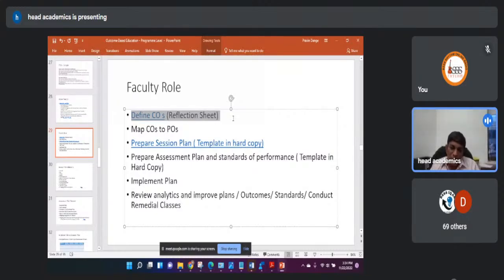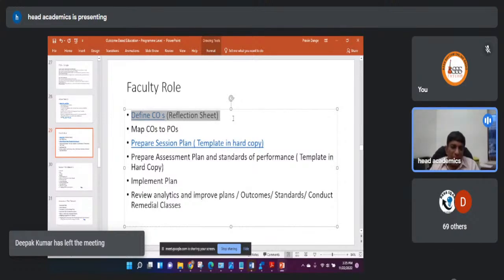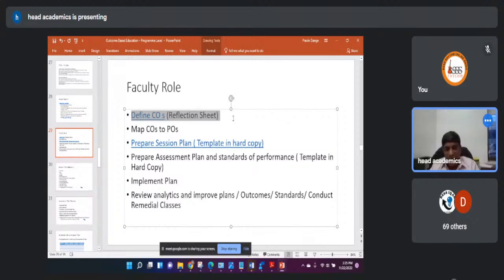That's what a faculty's role is, and traceability of all this is important from the accreditor's point of view. So, what were the outcomes? How did you implement it? After having implemented it, what kind of attainment analytics did you get? What were the insights that you learned from this to improve teaching-learning quality and help the students perform better? Right? Those are the questions that would need to be addressed, and a faculty member should be prepared on that.